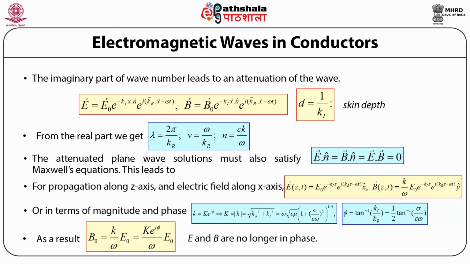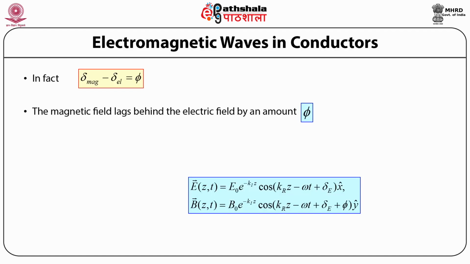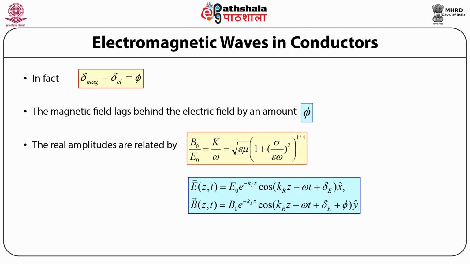So from the above equation we see that B naught equals k by omega E naught, which equals K e raised to power i phi divided by omega, times E naught. The electric field and the magnetic induction are no longer in phase. In fact, delta B minus delta E equals phi, and the magnetic field lags behind the electric field by an amount phi. So the real amplitudes of E and B are related by B naught over E naught equals K by omega,